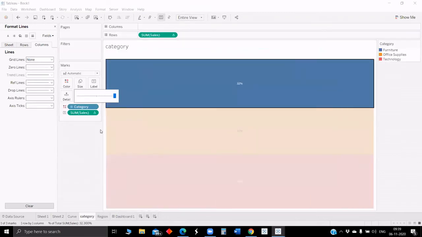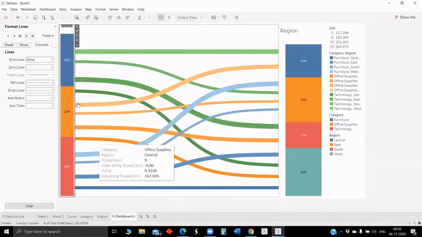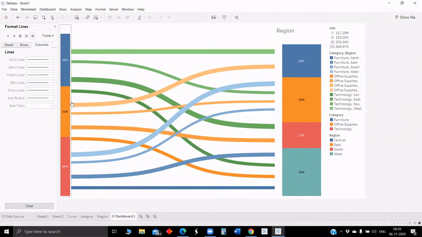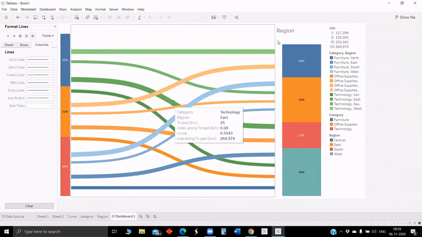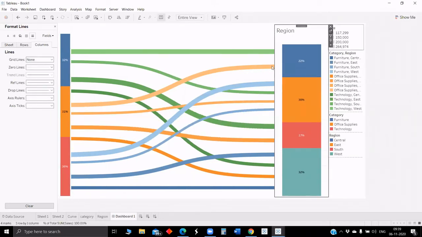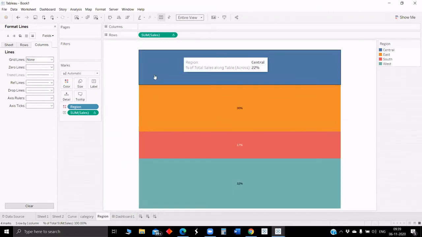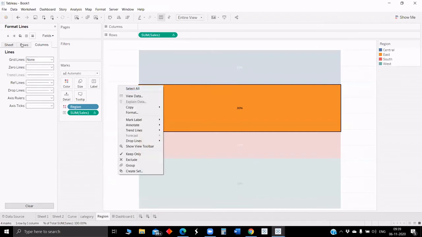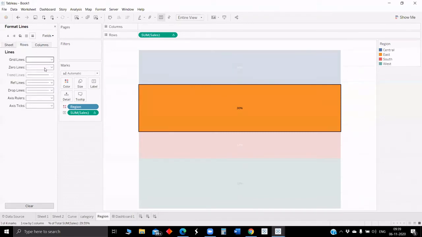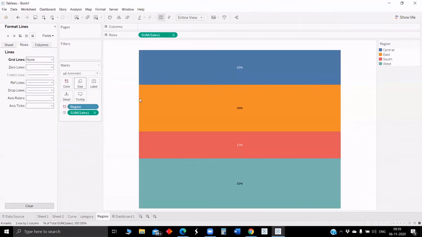Increase the size. Same thing here as well. Write the title. Then complete links.